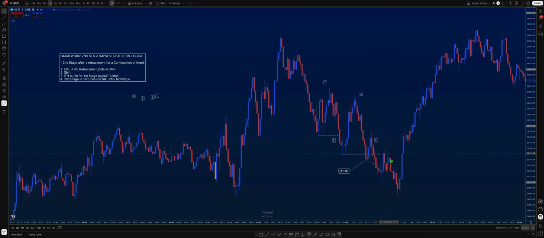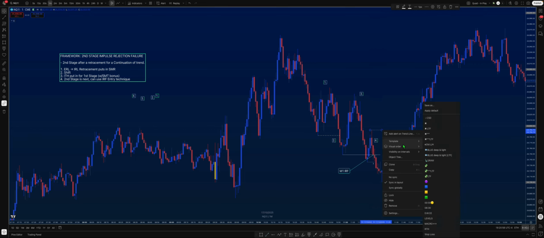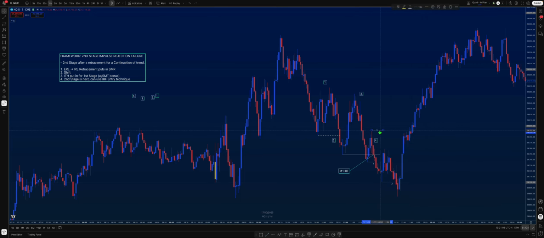It then retraces and then breaks that low. As soon as it breaks the low for the second time, that's when you want to go to break even. So if we have a stop loss up here, and we get into our trade right there on that closure, so sell, price moves down a bit,